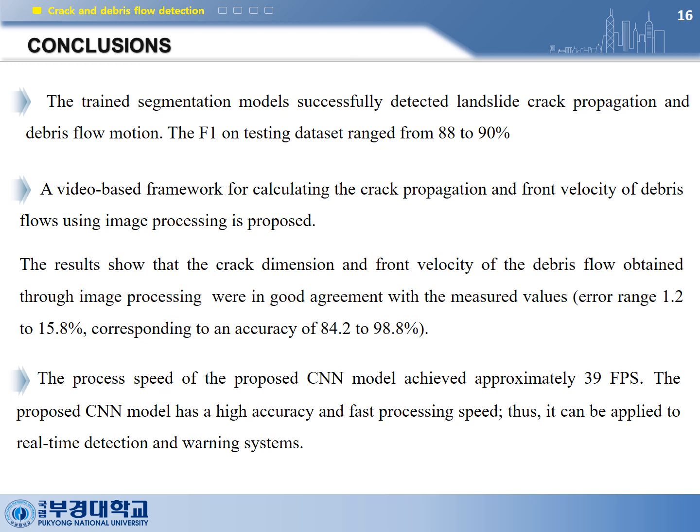The result shows that the crack dimension and front velocity of rapid flow obtained through image projection were in good agreement with measured values. Error ranges from 1.2 to